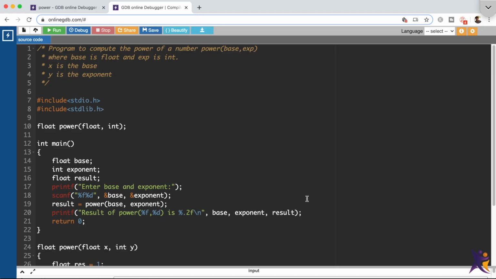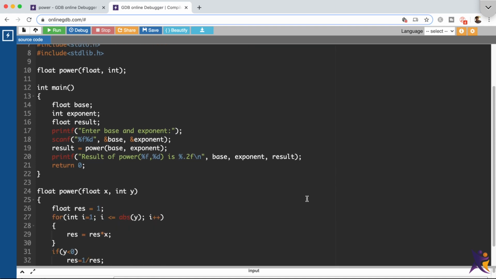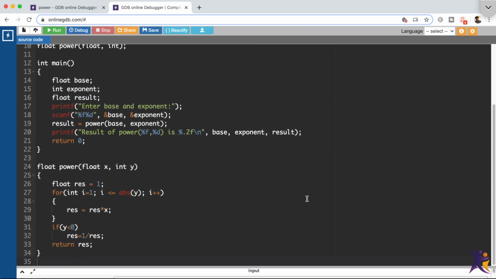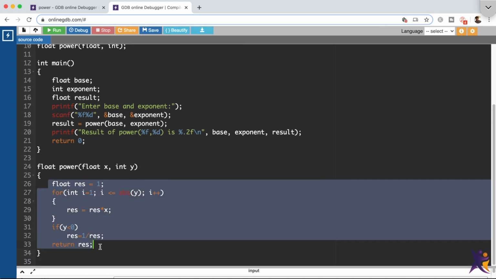So this is the same program that we have seen in the previous chapter, where we have computed x power y using loops. So here we have this loop which computes the value of x power y. Now let's do the same thing using recursion.